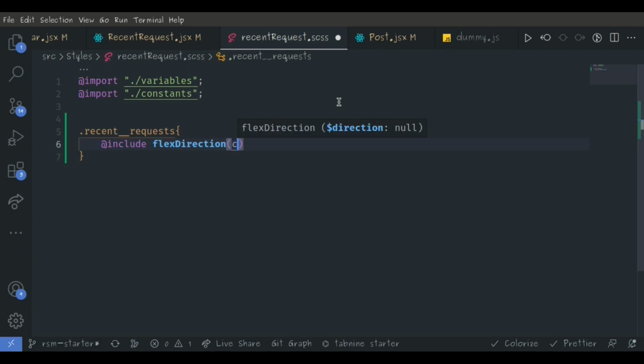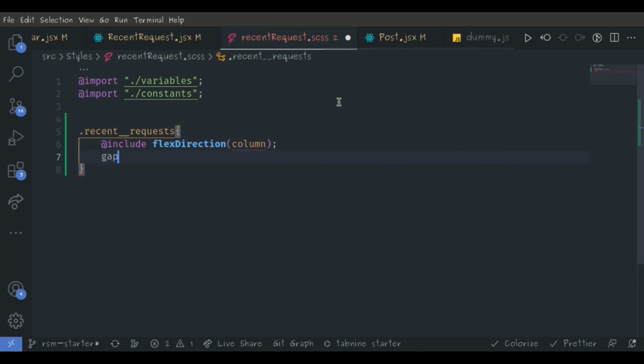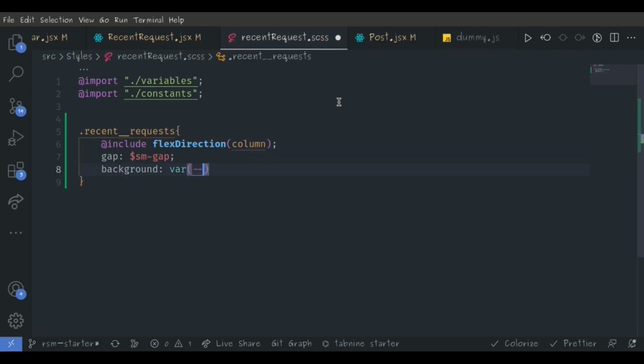I want to pass in the column, and I want to give it some gap here, which is going to be sm gap, like that. Background of var primary color,